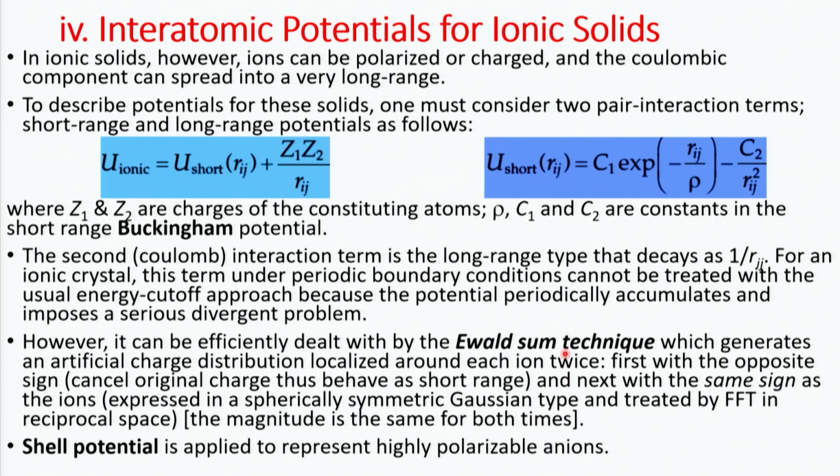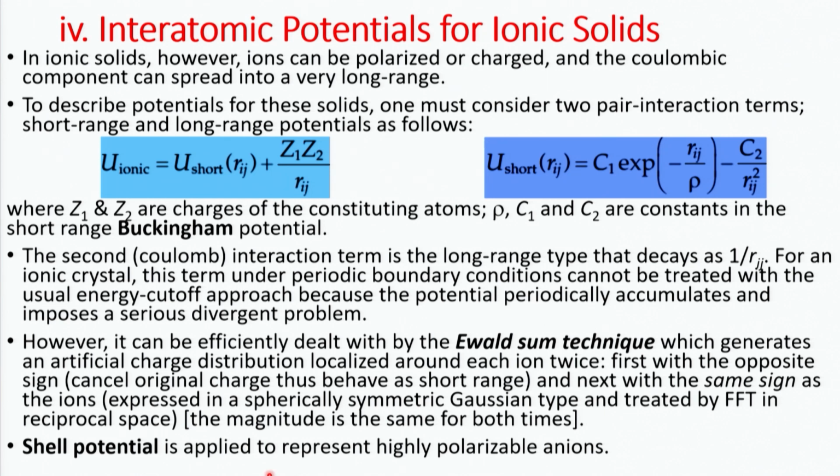the reciprocal space. At the same time we also need to spread out the charge from point charge to a Gaussian kind of distribution. So how do we neutralize it? First, with the opposite sign, which cancels the original charge and thus behaves as short range, and next with the same sign as the ions, expressed in a spherically symmetric Gaussian type and treated by fast Fourier transformation in